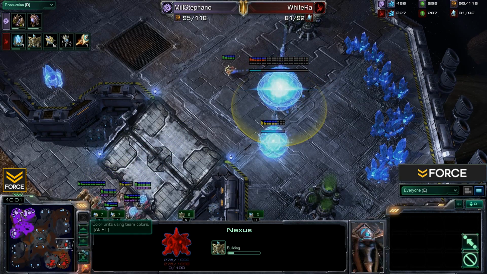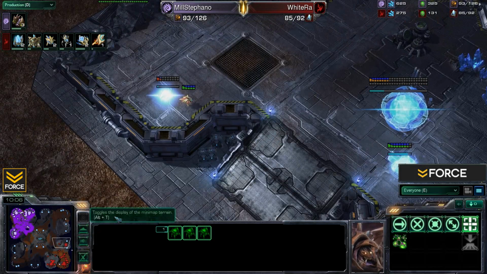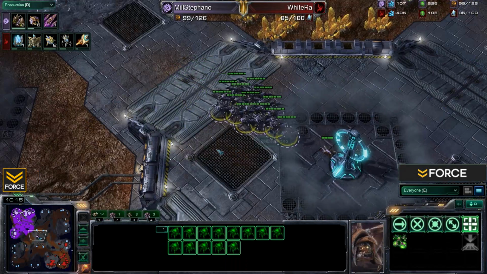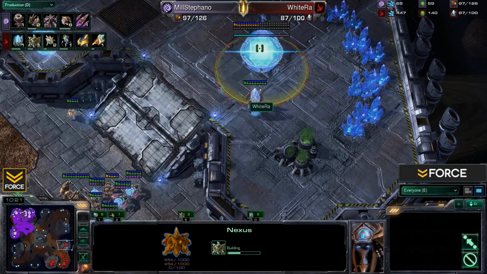That is quite unfortunate. He lost the War Prism and all of the Zealots that were inside of it as well, without doing any damage whatsoever. That's certainly something that is going to set WhiteRa quite a bit behind. Look at that, 875 resources lost so far this game. Not really the best position, but again, at the same time, we can see he is moving into that third